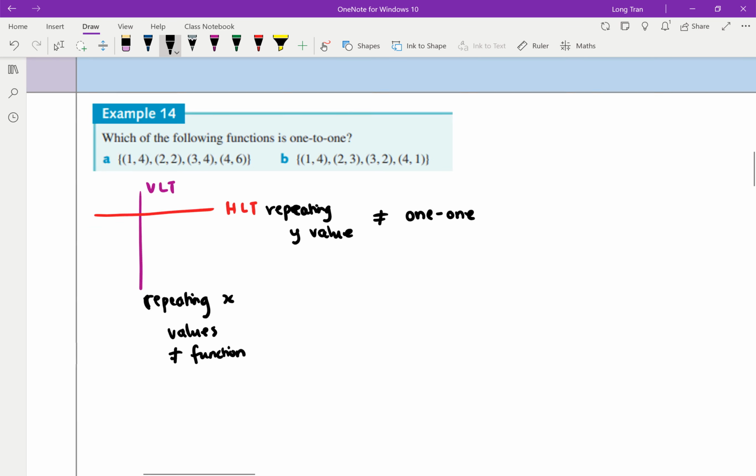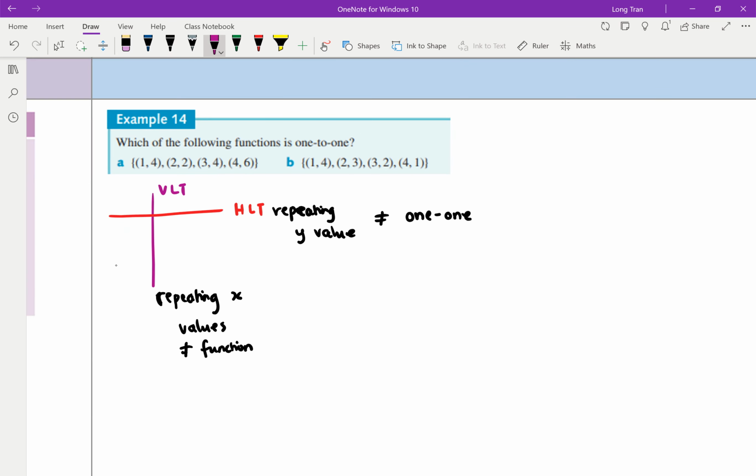Okay, so I'll write here not function. So best way to do this, and you know, you can sketch this too, I can prove it to you by sketching it, but that's my tip. Okay, if that helps, that could be a note for you there. So when I look at part A, I'm just looking for any repeating y values. So 4, 2, 4, 6. Notice there's two 4s there. So these two 4s imply